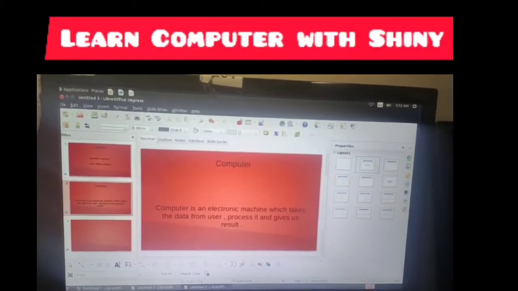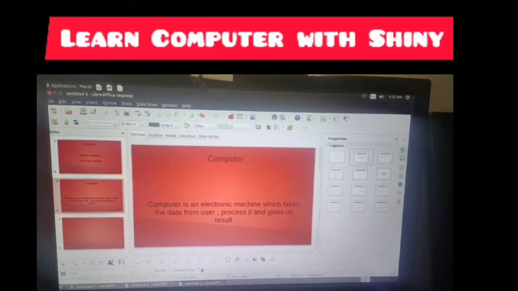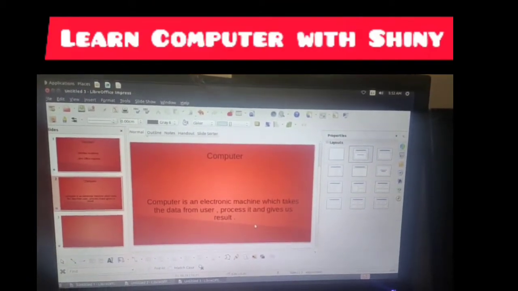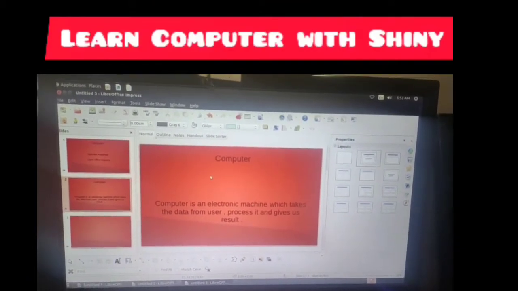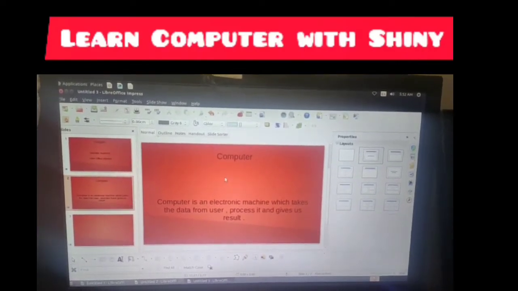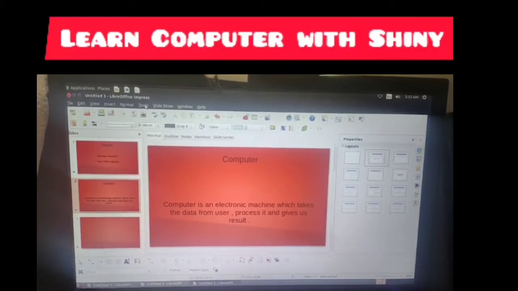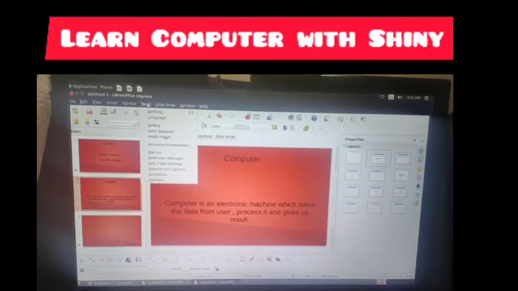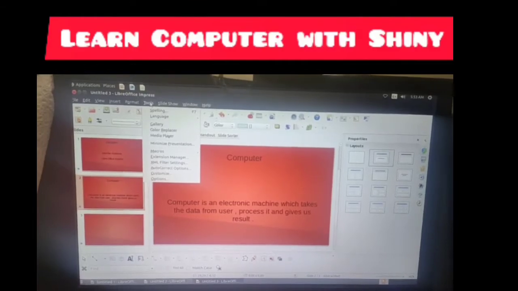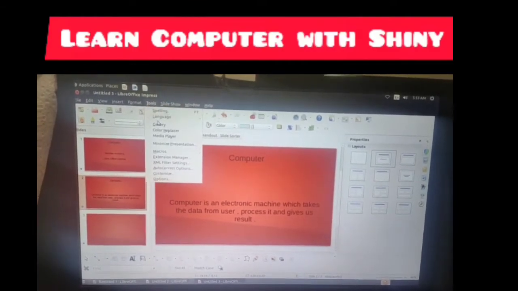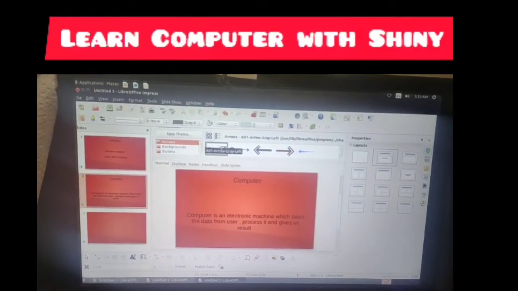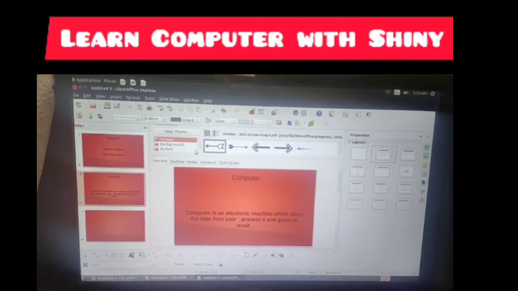Now here I have written the definition of computer. Now I want a picture of a computer here. Okay, so let us click on the Tools menu and then click on Gallery, and in the gallery there are so many pictures on different topics.